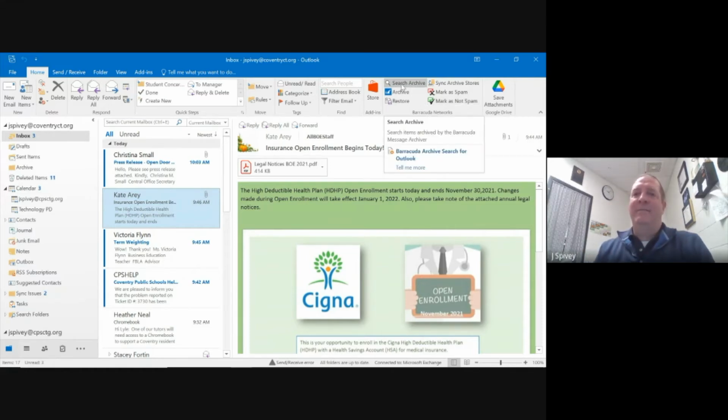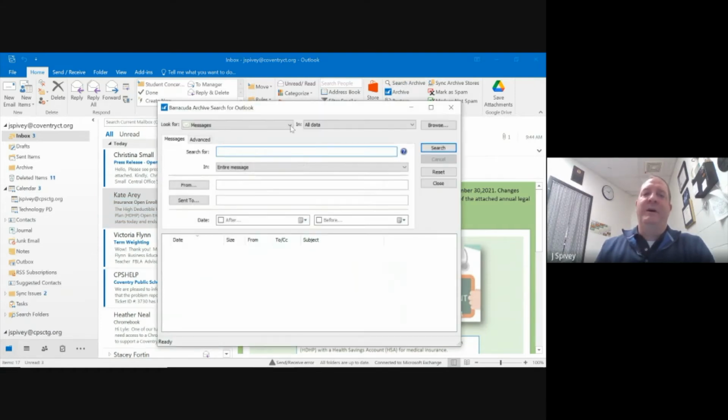Those of you that have search archive, if you click on it, it's going to open up and ask you to enter your password. It didn't ask me for mine because I already used it today. So it's going to bring you to another page here. Your login and password are the same as your Google account, your login to your computer account, your PowerSchool account. Now if I wanted to search for an email message that I can't find in my inbox,